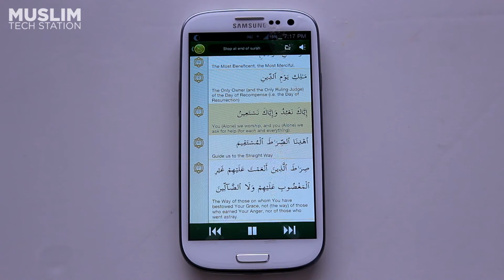نعبد وإياك نستعين اهدنا الصراط المستقيم صراط الذين أنعمت عليهم غير المغضوب عليهم ولا